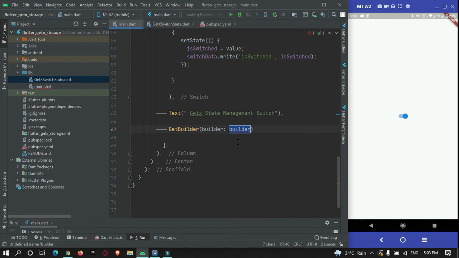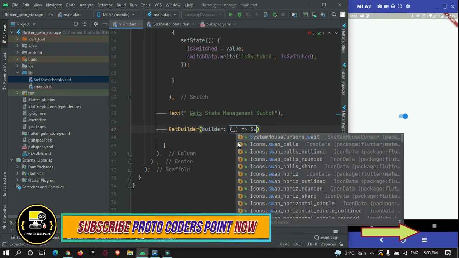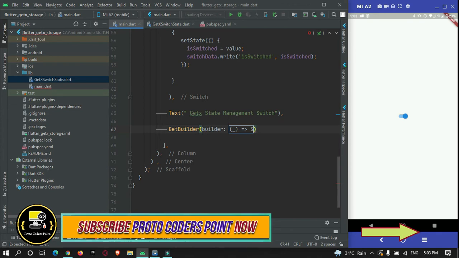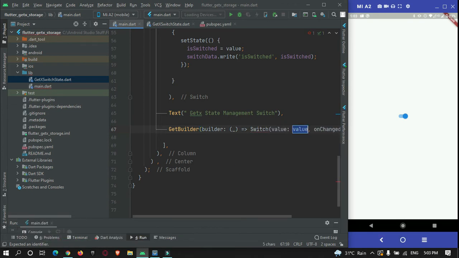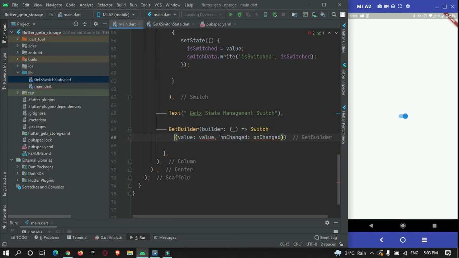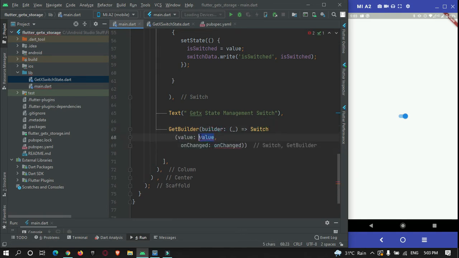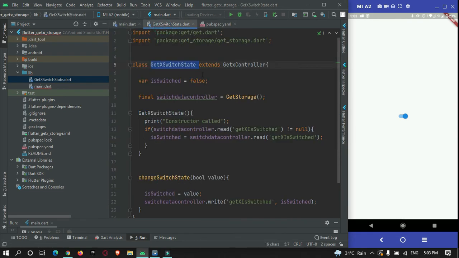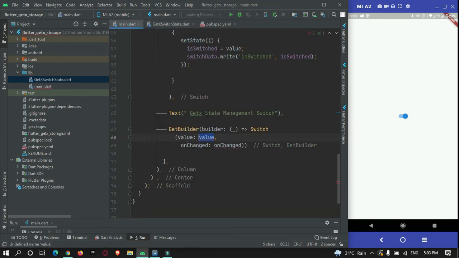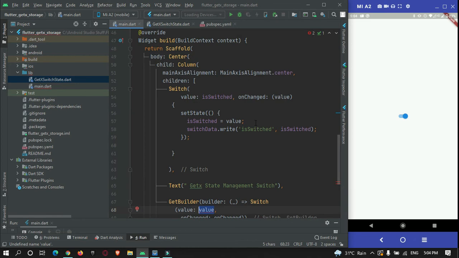It accepts a builder, and here we are going to create our switch. In this switch we need to pass some parameters. First thing is the value will come from this class. So we need to create an instance of this class to access it.